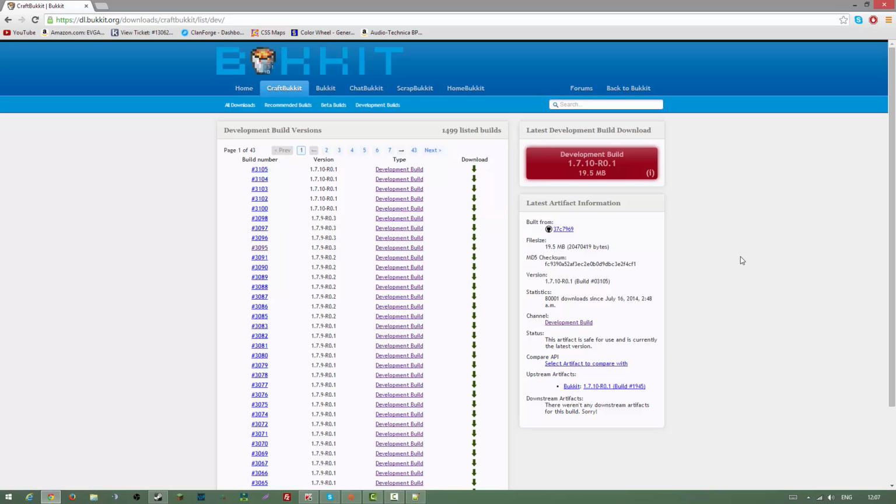So in this video I'm going to be showing you how to create a 1.7.10 Bukkit server on Minecraft. You need to go to this page here. Link will be in the description as always. Once you're here, you want to choose the latest version. Currently it's 3.1.05. So you want to press the little arrow there to download it, and it should appear just down